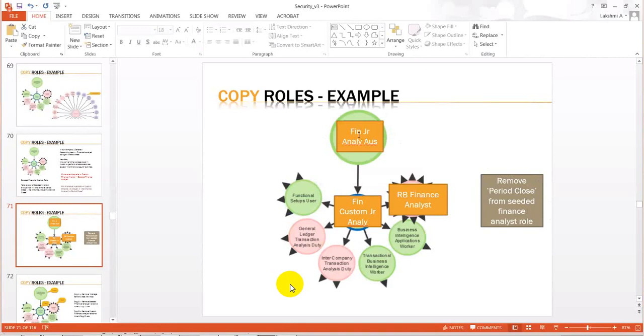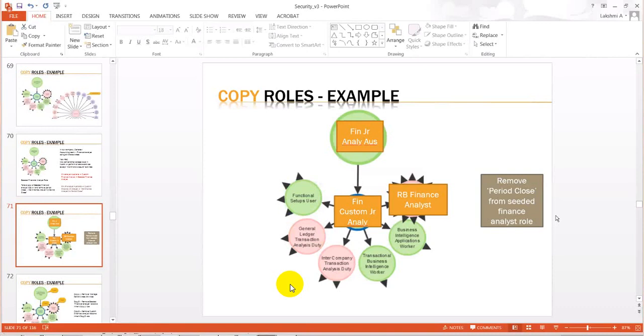If your company is in 35 countries, in all the 35 countries, whoever has this financial junior analyst role should not do the month end close activities. So is it good to achieve that requirement through page customization, or through a company level job role, which will align to the company policies and requirements?